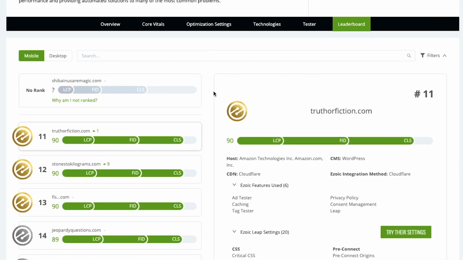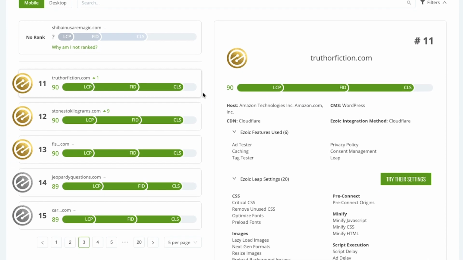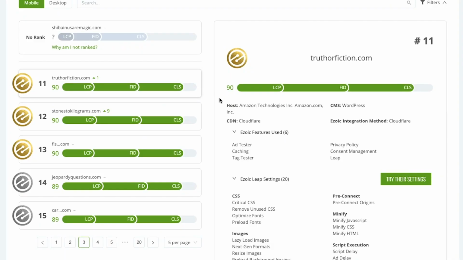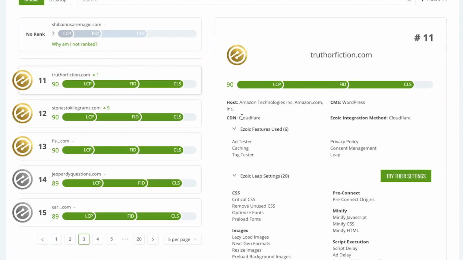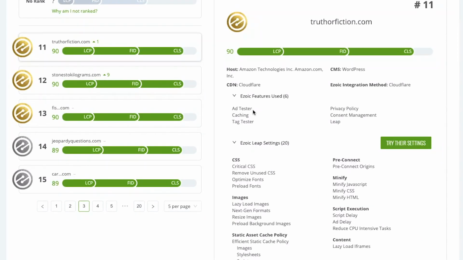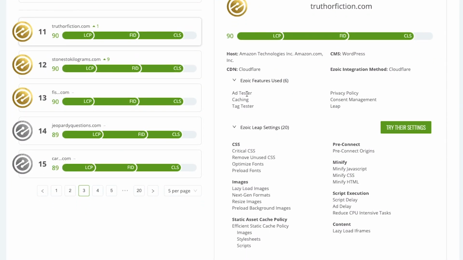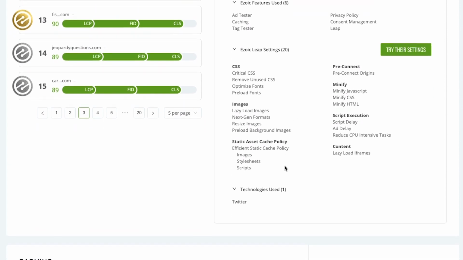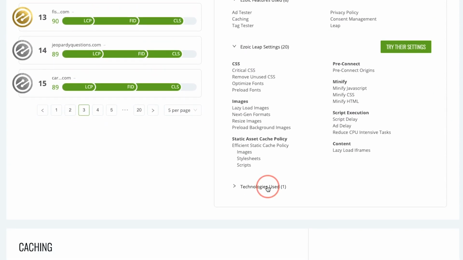We also have the leaderboard, and the leaderboard allows you to see other sites that are fast and how they got there. So I can see on this site that's the 11th ranked, I can see that it's passing all the core web vitals. It's getting a 90 score in Lighthouse. I can see who its host is. I can see the CMS is WordPress. It's using Cloudflare integration. I can also see the Ezoic features it's using. So it's ad serving. It's also using these settings in Leap, which we'll get to in a minute, and it'll show me the other technologies